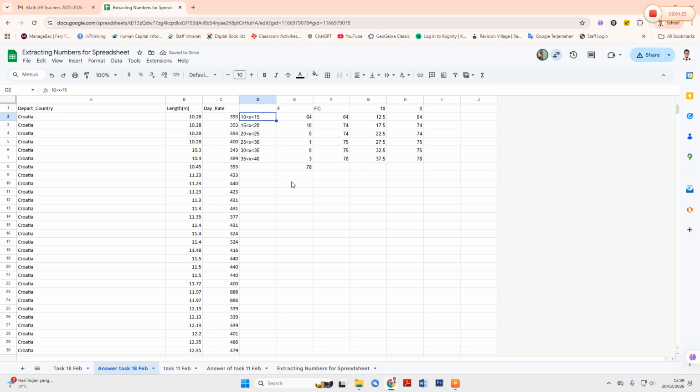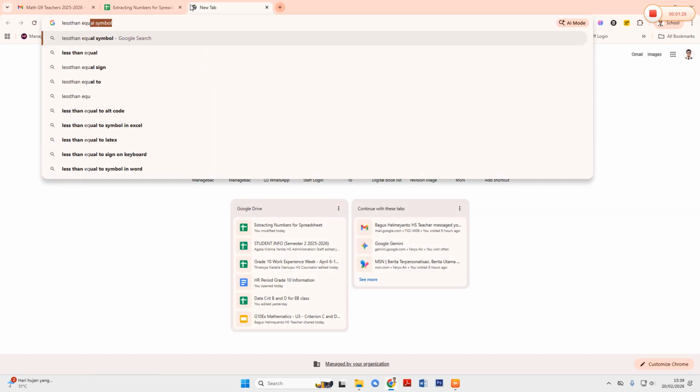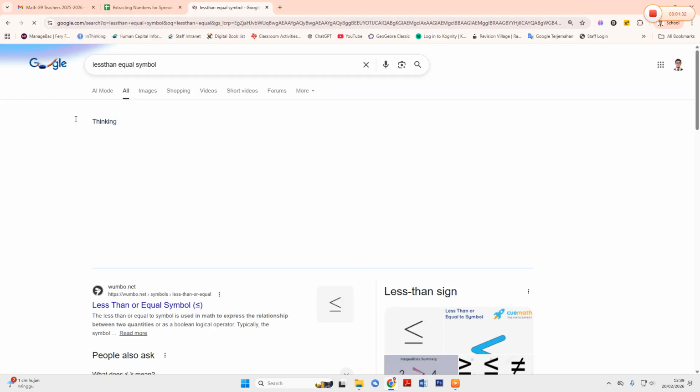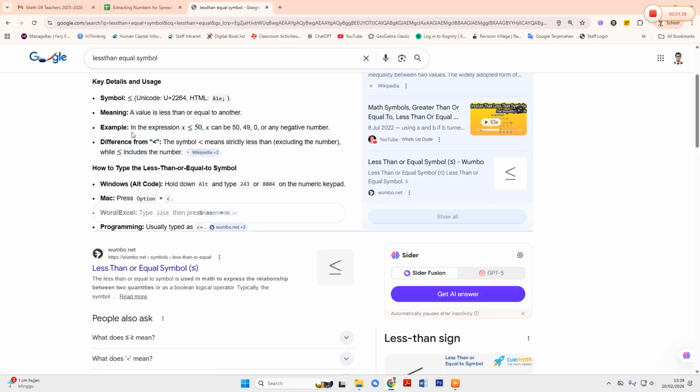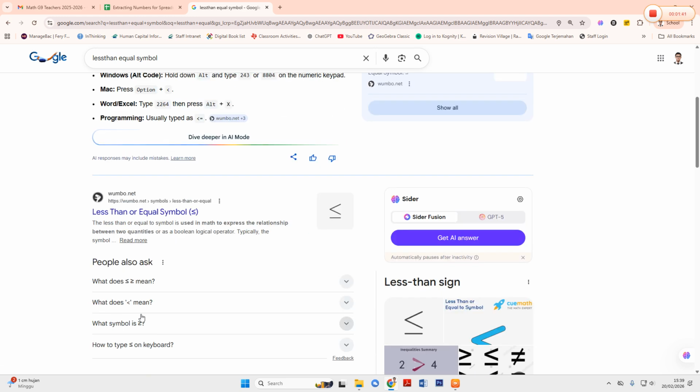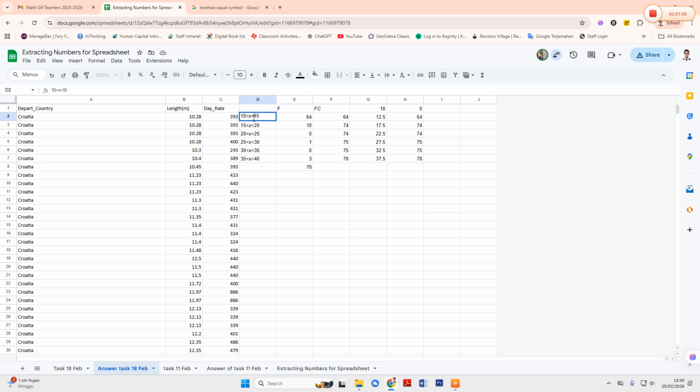I start from 10, and then I will use the less than or equal sign because I don't have the symbol on the keyboard. I will copy it from Google. Where is the symbol less than or equal? Okay, here I put it in. This is my sign. I will change this, and so on. You will continue later.